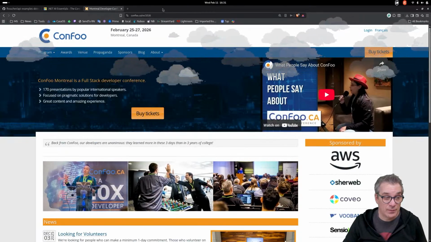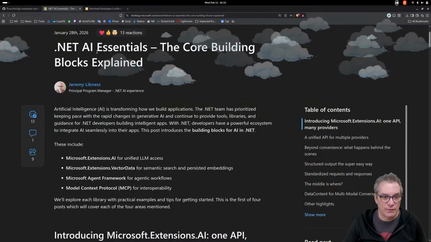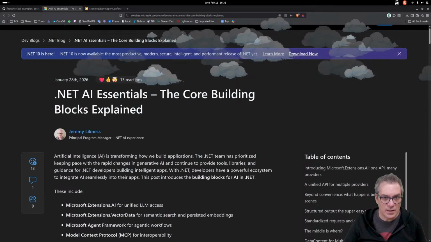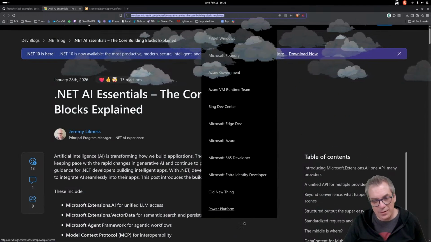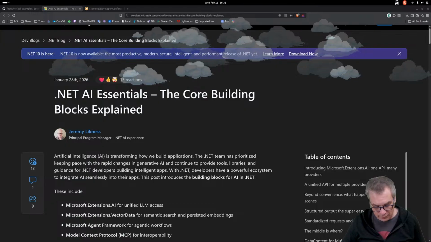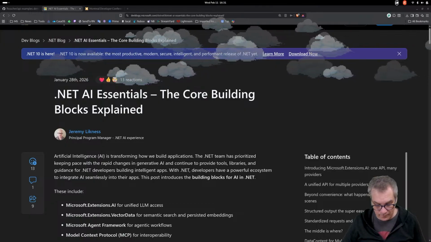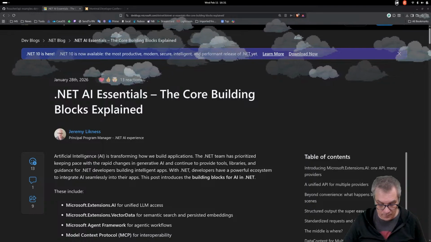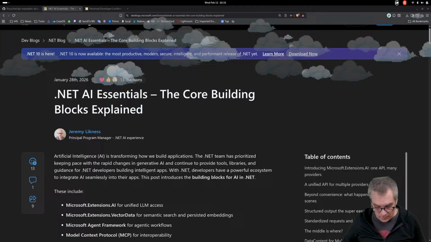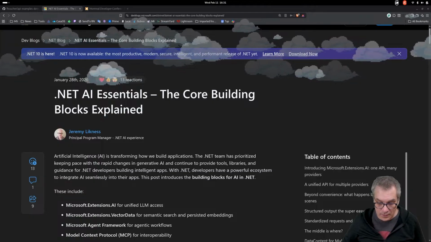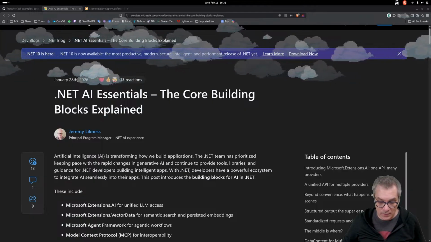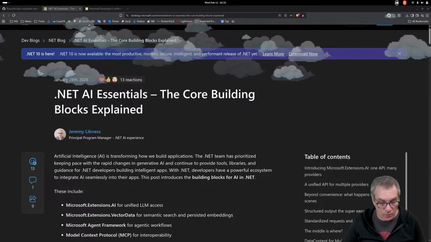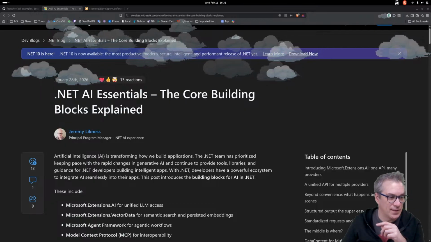So I want to talk about the agent framework, and there have been a lot of updates since then. So in this post, that's a good post from Jeremy, who is always doing great stuff. I need to do that, and I need to do exclamation point notes. So I go into the show notes if CB does his job.